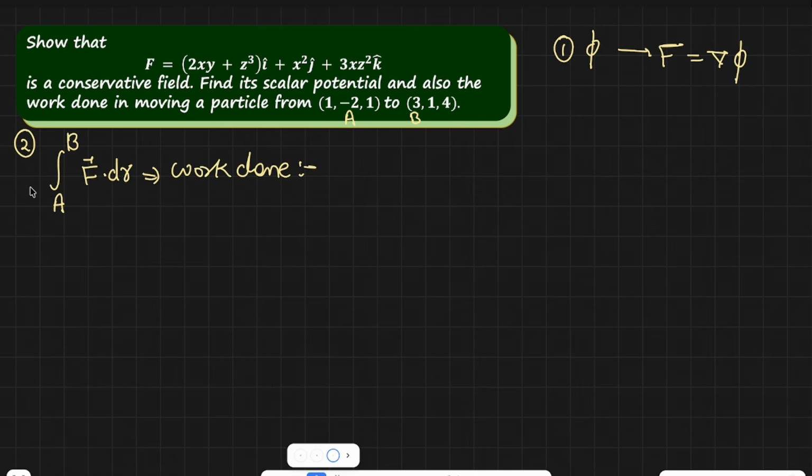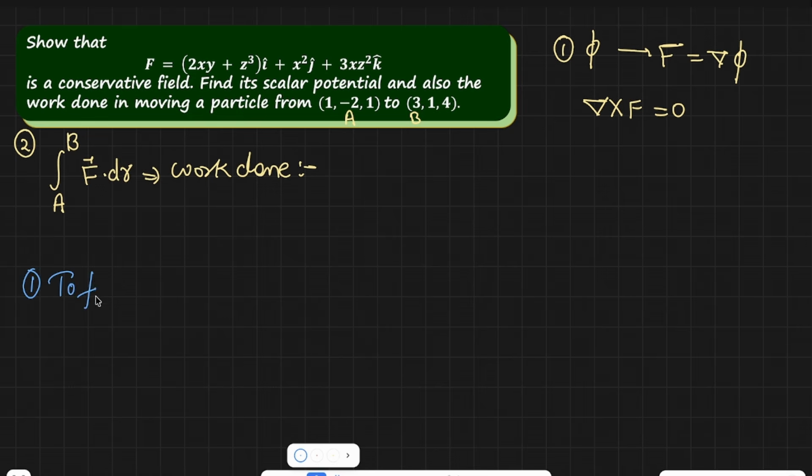Okay, this is what we have to calculate. Now how to calculate this? Because of that, here we have to find out the work done. Okay, let's start with this question. This is the question. So you can easily check the curl, it is given, but the curl is 0. Once you check, the curl will be 0. Now you come to here, how to find out d phi. So to find out the scalar potential function, okay, so the solution for the first